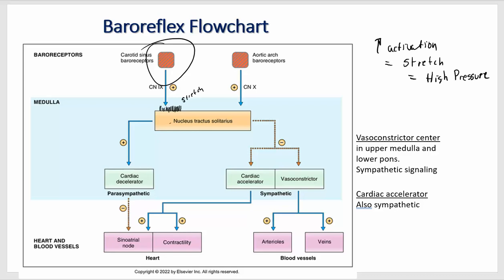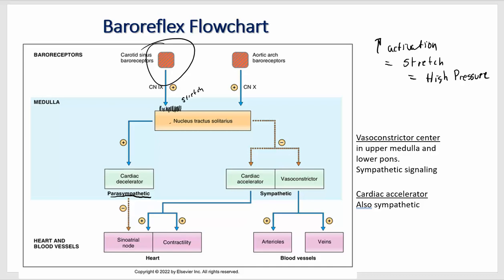So when we see this rapid frequency of action potentials, then it's going to activate the parasympathetic system, which is going to slow the heart,